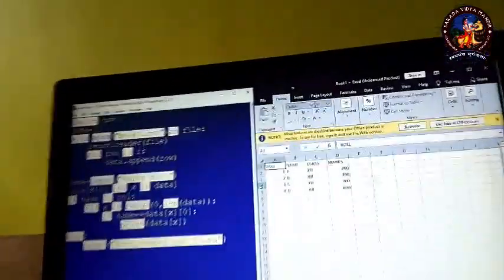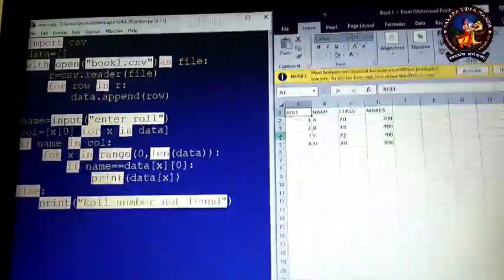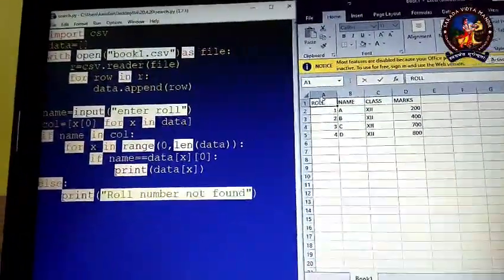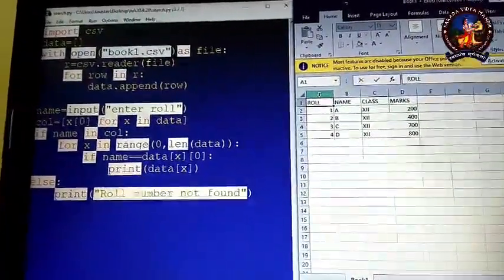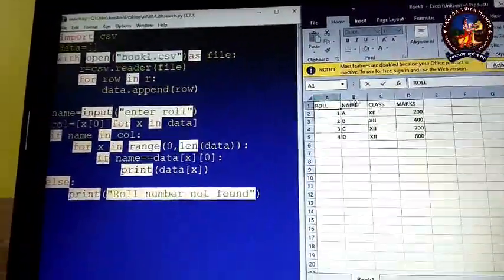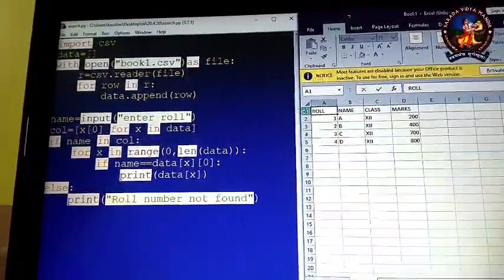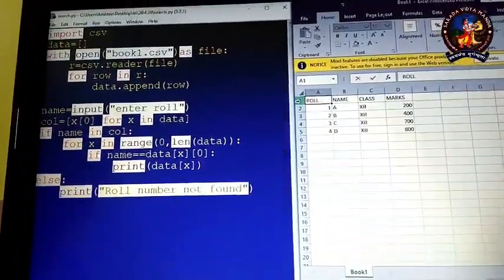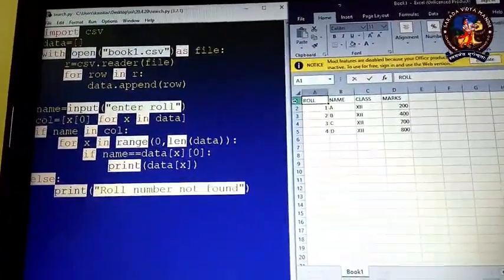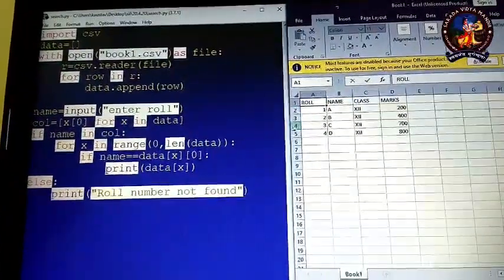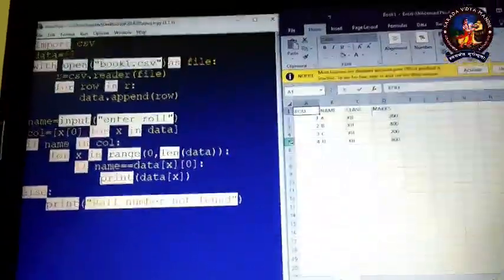But that is in Excel. Internally, the data is stored in such a way that the column number, in place of A, starts with 0: 0, 1, 2, 3. The row number also starts with 0, 1, 2, 3, 4 like that. Fine.